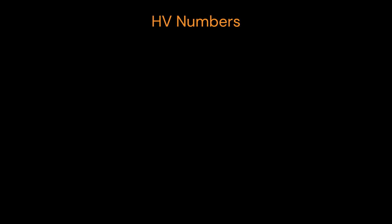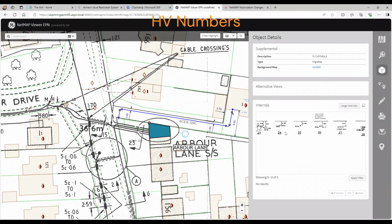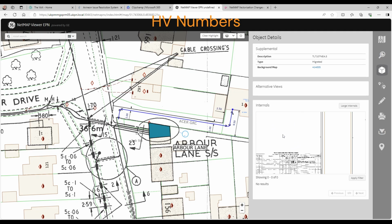With the removal of the supplemental sheets, this has taken away the traditional way of following HV routes. We no longer have HV numbers, and whilst this may seem controversial, we do have an alternative and improved way to display this information. Before we explain, we probably need to examine the reason HV numbers existed in the scanned